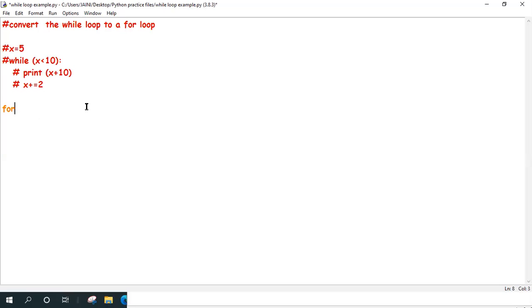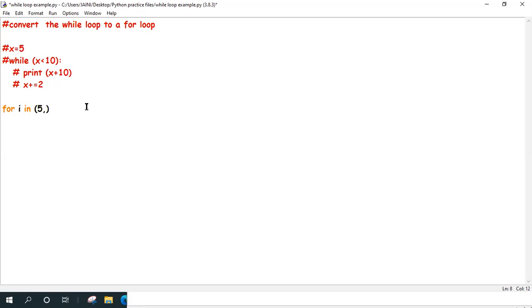So in the for loop, I'm saying for i in, and I'm starting my loop control variable, that is i. I want the starting value to be 5 because the value of x is given as 5. So we will start i from 5.